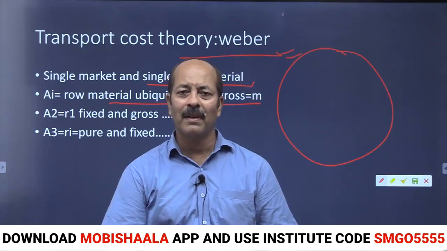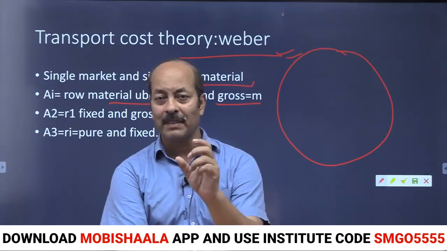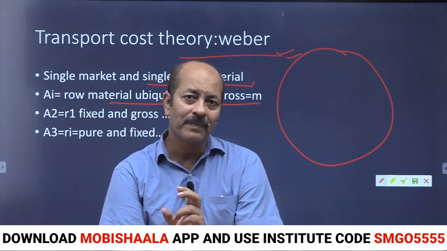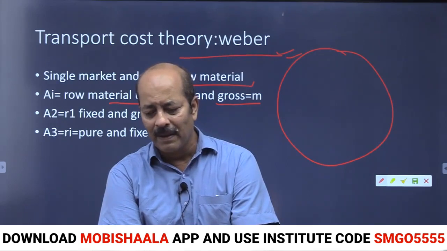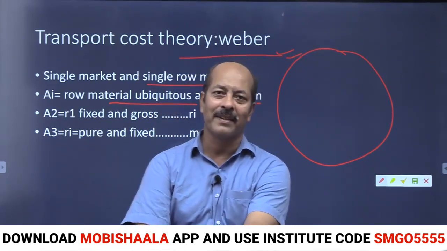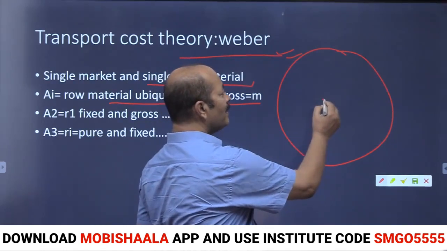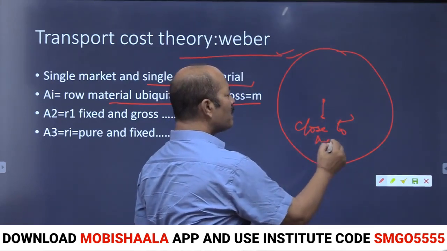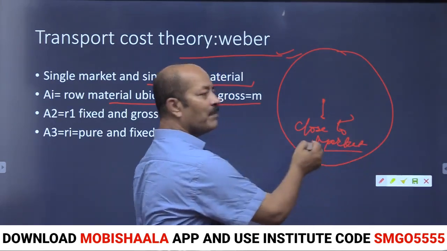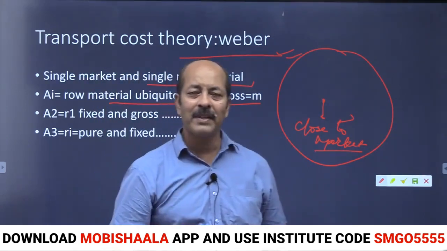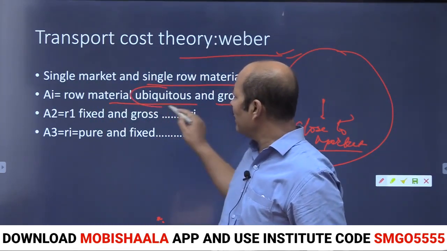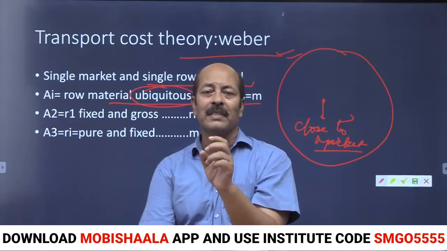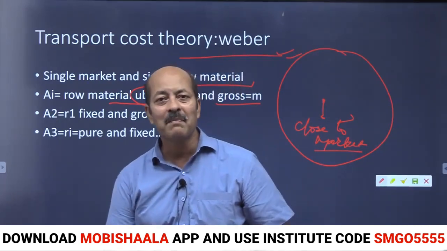As you move from the manufacturing area to the market area, there will be transport cost. So in that sense, people tend to choose a location near the market. So in the ubiquitous case, the industry will be localized close to the market area. It means the pottery industry will be located close to the market area. So the first thing, you have ubiquitous raw material, meaning the raw material is available everywhere. Then to reduce transport cost, the industry will be located close to the market area.